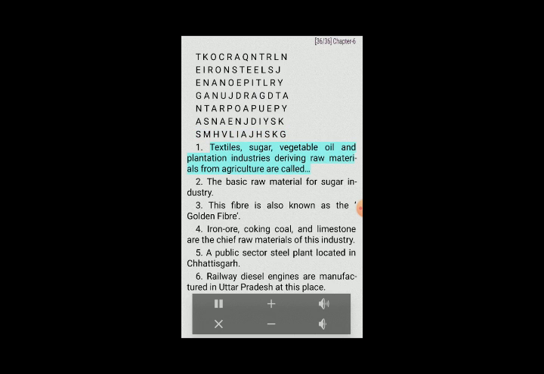1. Textiles, sugar, vegetable oil and plantation industries deriving raw materials from agriculture are called. 2. The basic raw material for sugar industry. 3. This fiber is also known as the golden fiber. 4. Iron ore, coking coal, and limestone are the chief raw materials of this